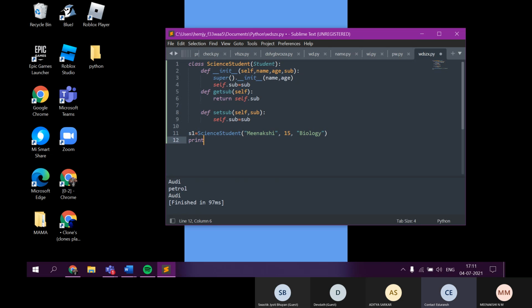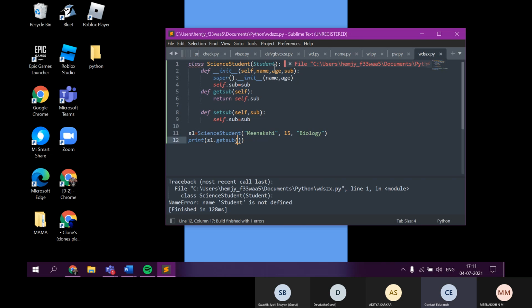Okay. Now print student 1 subject. Yeah. Get sub dot get. Yes. Parenthesis. Yes. Run.